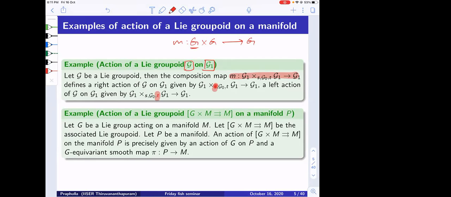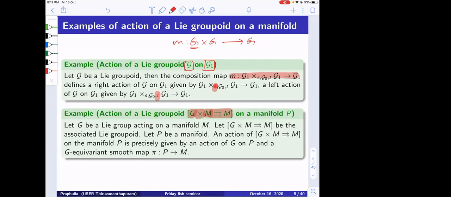So this is the example of an action of a Lie groupoid on G1, maybe I can say on itself. So one more example, then I'll go to the next setup. Now, another example of a Lie groupoid, as I mentioned before, comes from a manifold M, a Lie group G, and an action of the Lie group on the manifold. So for this